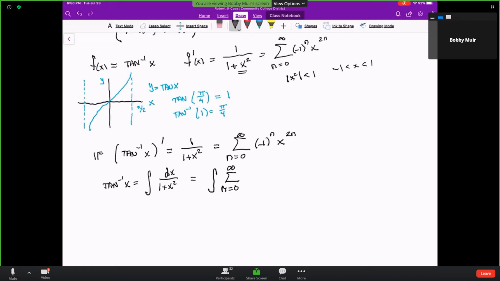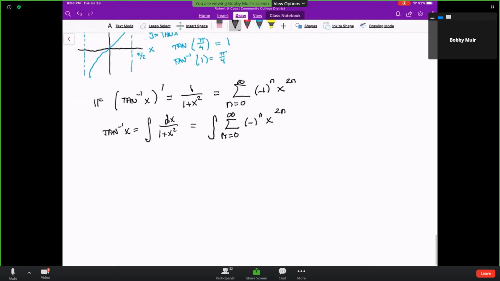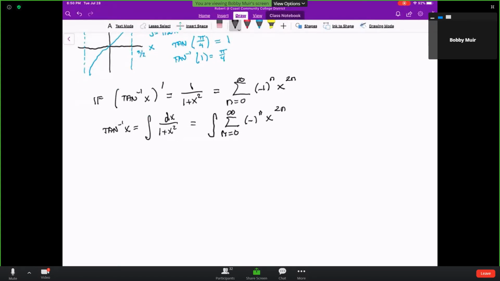Now I'm pointing this out to Eduardo and anyone else that might be interested in more and more math. Can we interchange the sign of sum and integral? These are questions that you continually ask as you go up the food chain in math. What can I bring outside of an integral sign, bring inside to an integral sign? Now if we can do this, and this is a big if, it's true anyway,